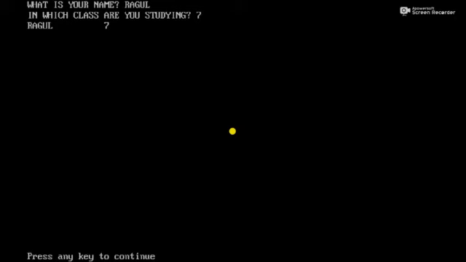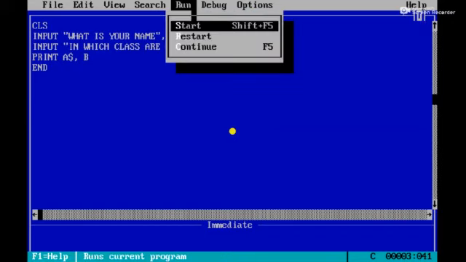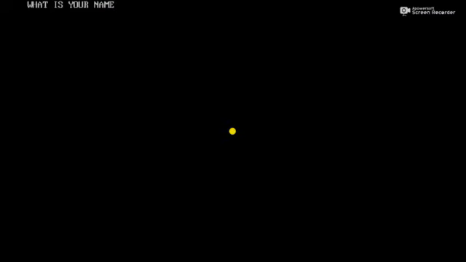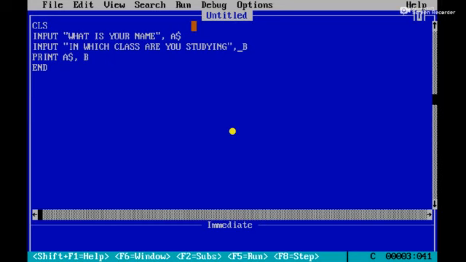Okay. If you don't want the question mark on the output screen, what we have to use here, instead of semicolon, is a comma. Now the question mark and space will not appear on the screen. Is it clear? See here. Let me check. Start. See here, the question mark and space are not displayed on the screen. Okay. Now I can use the name Rahul, grade 7. Now Rahul 7 is displayed.